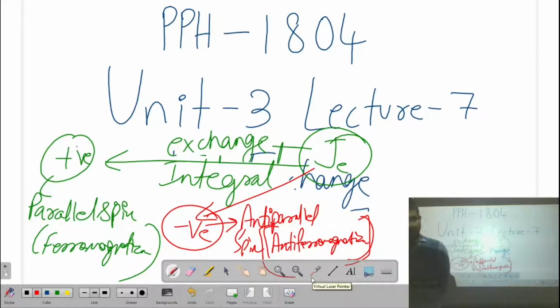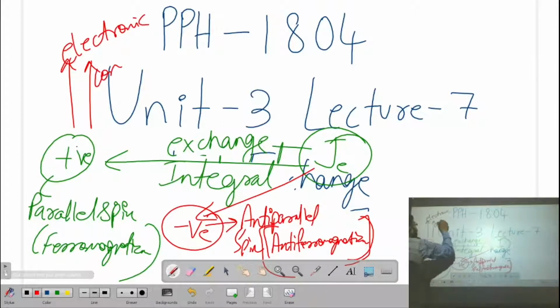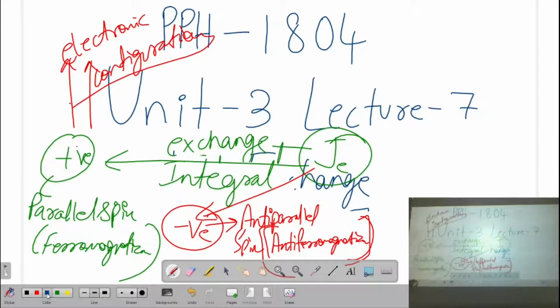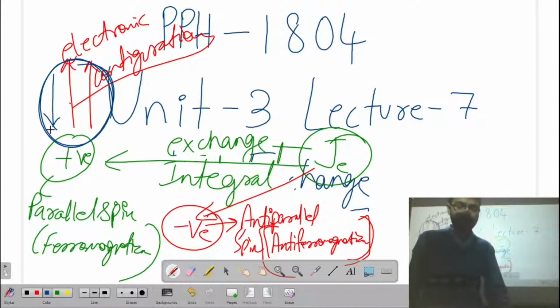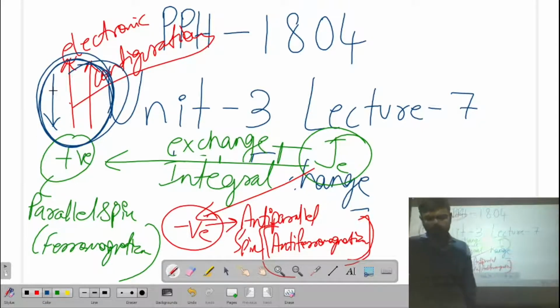Now, in today's lecture, we will see how the alignment of these dipole moments, which kind of electronic configuration and how the arrangement of electrons, is responsible for the generation of parallel and anti-parallel spin. So today we are going to study